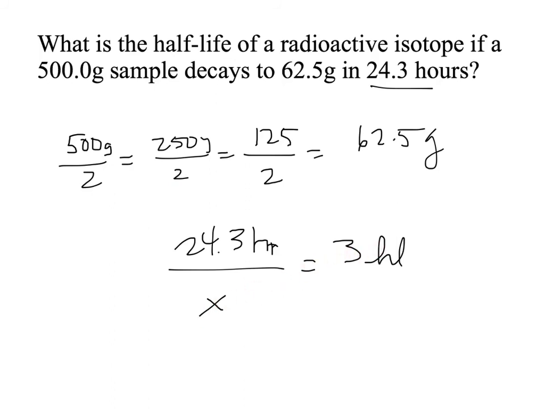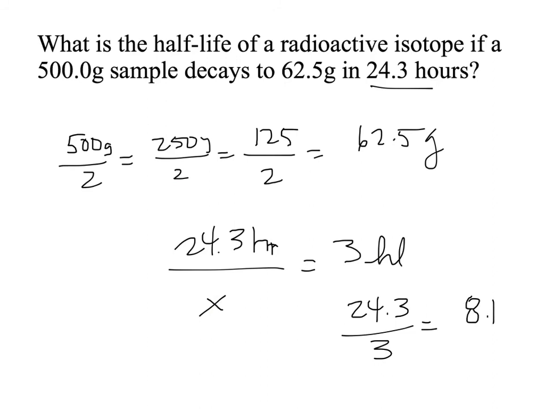This is cross-multiplying and dividing. Solving for x in the denominator of a fraction, essentially you multiply both sides by x and divide both sides by 3, so these end up swapping places. So this problem ends up being 24.3 divided by 3 will give me what x is, and when I put that in my calculator, I get